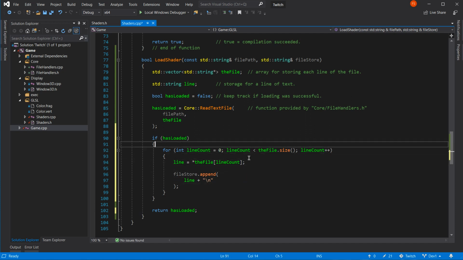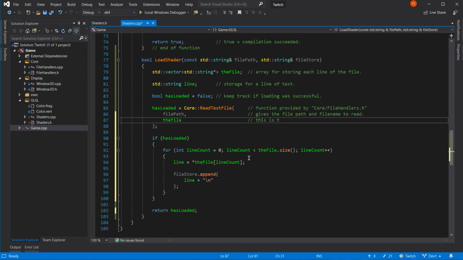So yeah, it is a very, very simple function. But let's have a bit more of a closer look, shall we, from here. So, what do we have here? Function provided by core file handlers. And this gives the file path and file name to read. And this gives the address.